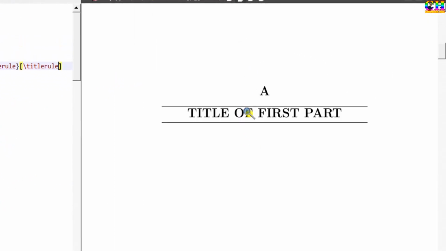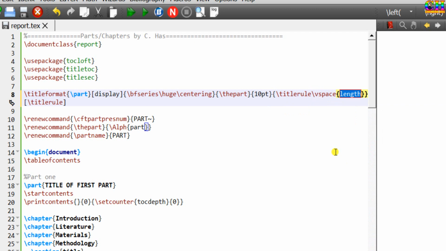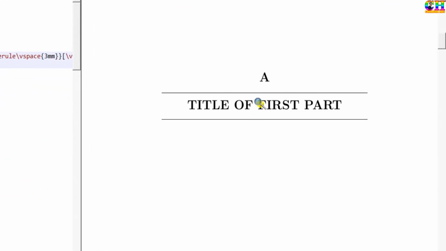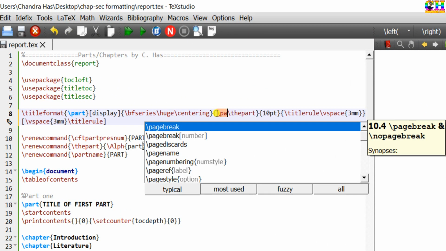We can change the spacing after and before the rules. Just write vspace. Here at this place I want to add the word part. At this place just write the partname command.